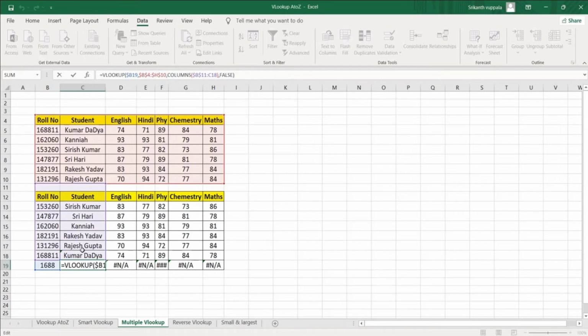Let me correct this range also. To fix this N/A error, I'll use IFERROR. This would be my value. If some error is found, how should this formula return the value? I'll put not available.